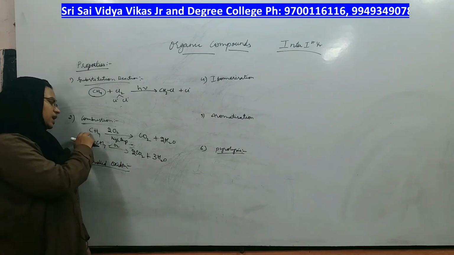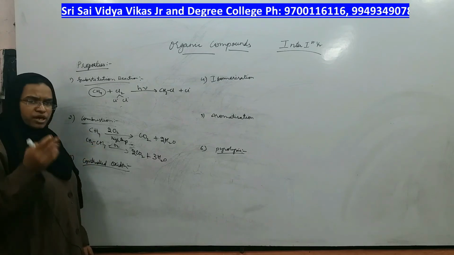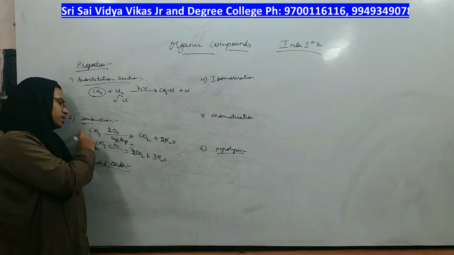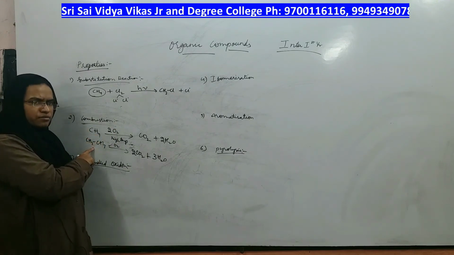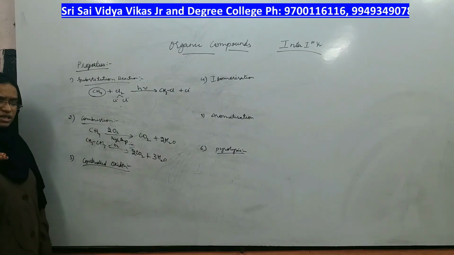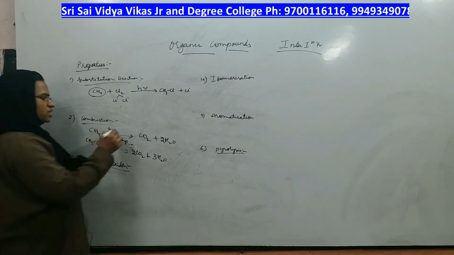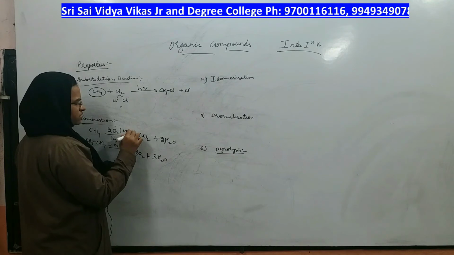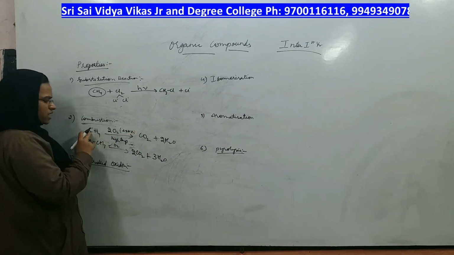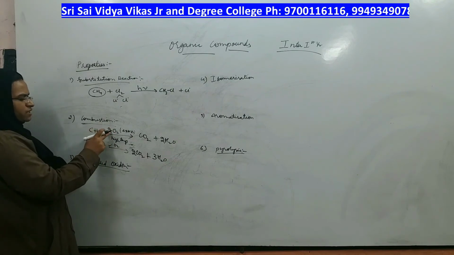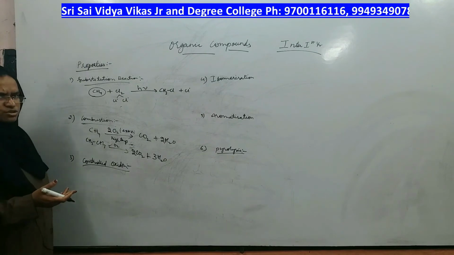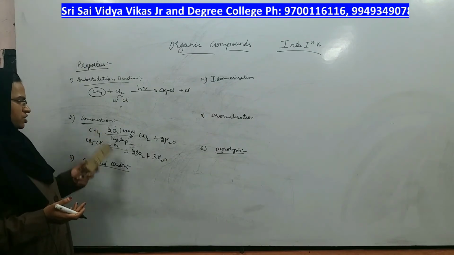But alkanes, when combined with oxygen at high temperature, oxygen will burn the alkane completely to give you carbon dioxide, in which you are not limiting the supply of oxygen. Excess oxygen is given. Out of the excess oxygen, some oxygen combines with carbon, some oxygen combines with hydrogen. If it combines with carbon, it gives carbon dioxide. If it combines with hydrogen, it gives H2O. That is called combustion, right?